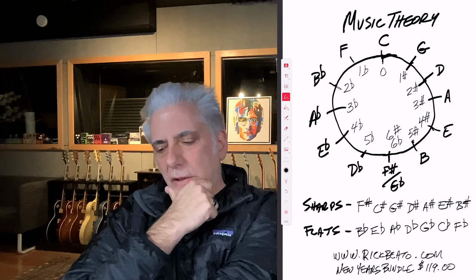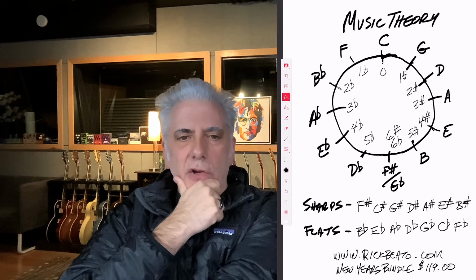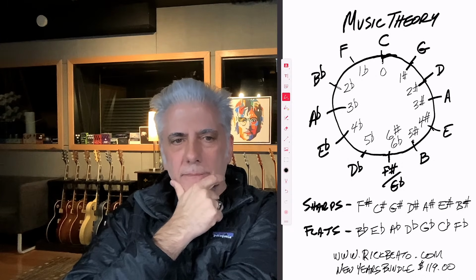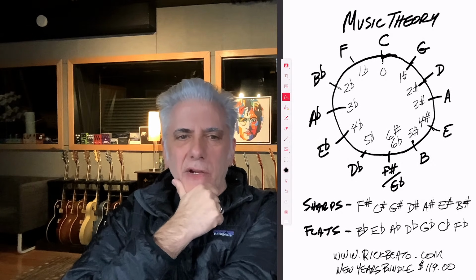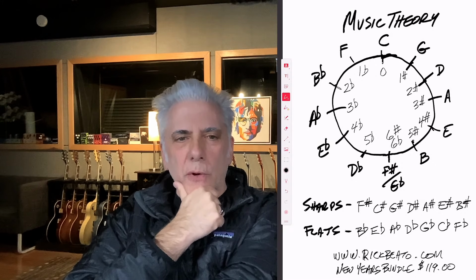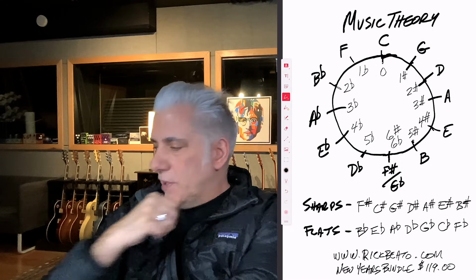The basics. The basics here, I always like to start with the circle of fifths. And the reason you start with the circle of fifths is because it shows you what notes are in each key. Okay, so if you look at this chart here, you see that C major, you'll see a 0 under that. What does that mean? That means there are no sharps or flats in the key of C major.